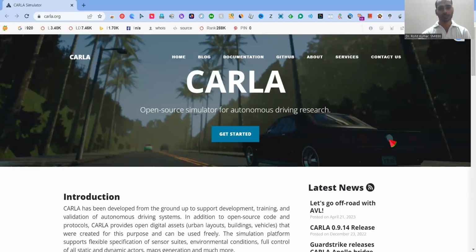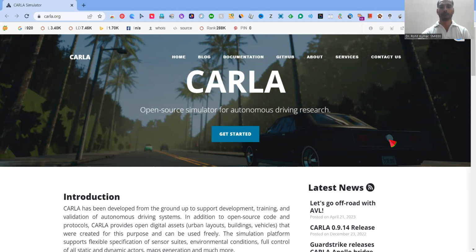Have you ever heard about CARLA? If not, then you should. The reason is that it's a quite widely popular open source simulator for autonomous driving. And the point is, it doesn't matter whether you are a researcher or a normal student. If you are having some sort of open source project, then it is going to help you a lot in the